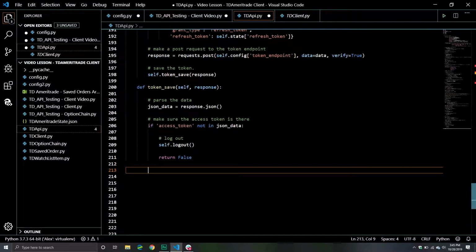Okay, so that's an easy one. Basically, we're just going to try to fail early. Something went wrong. I don't know what necessarily it is, but we're just going to log out and start anew. Otherwise, if there is an access token, update